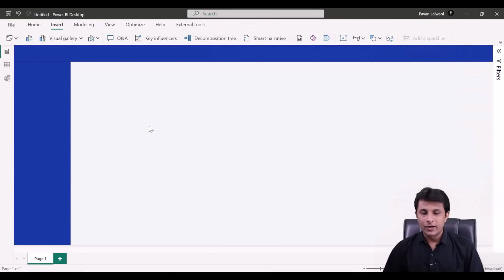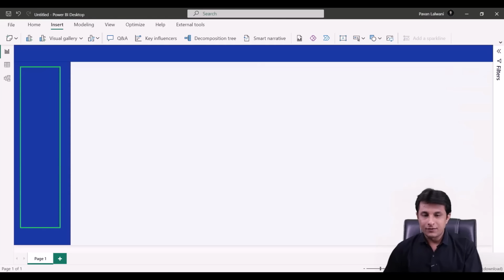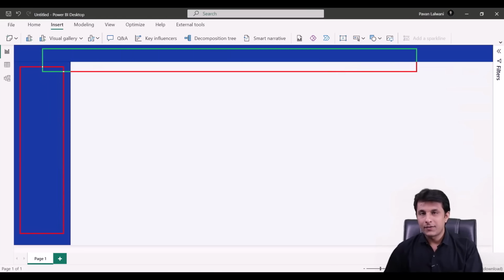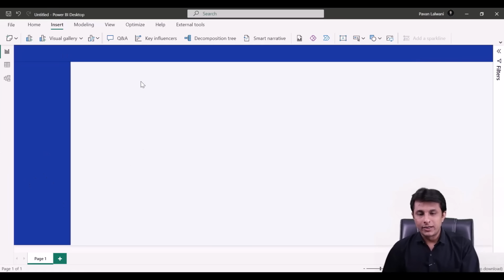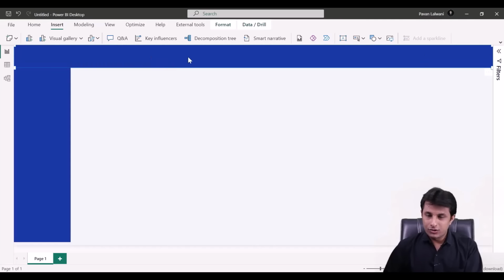Now, so what I can do is, on the left hand side of the screen, I can add here some cards. On the top, I can add here a title. Okay, I'll try to add some visuals and some slices. So let's begin. The first thing what I can do is, I'll try to enter the title on this particular shape,